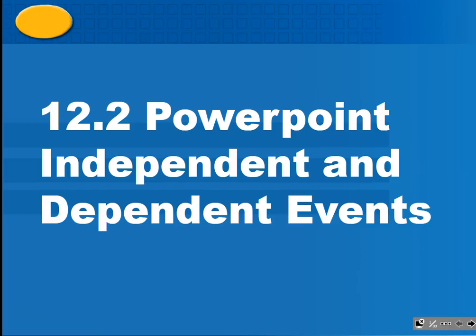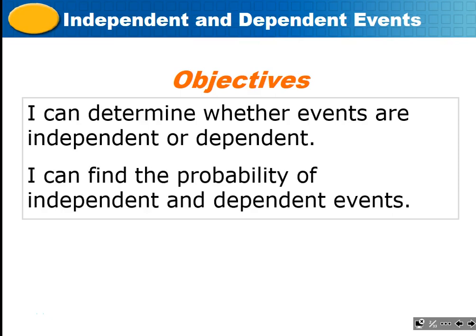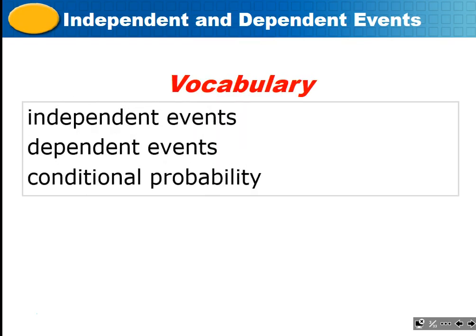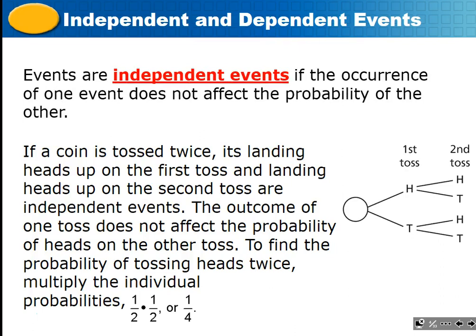So this is 12.2, and we're going to go over independent and dependent events. Our objectives today are to determine whether an event is independent or dependent and define the probability. These are our vocabulary. An event is independent if the occurrence of one event doesn't affect the probability of